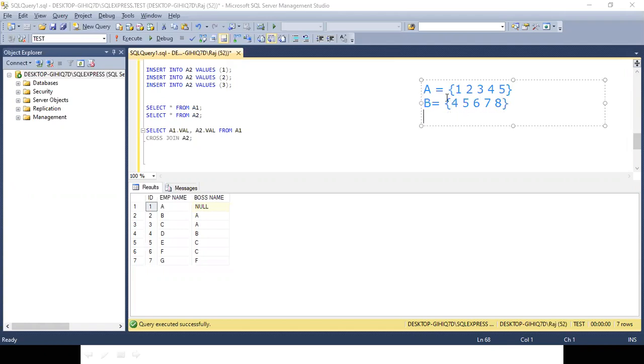Now, what will be A union B? 1 to 8, all the elements: 1 2 3 4 5 6 7 8.